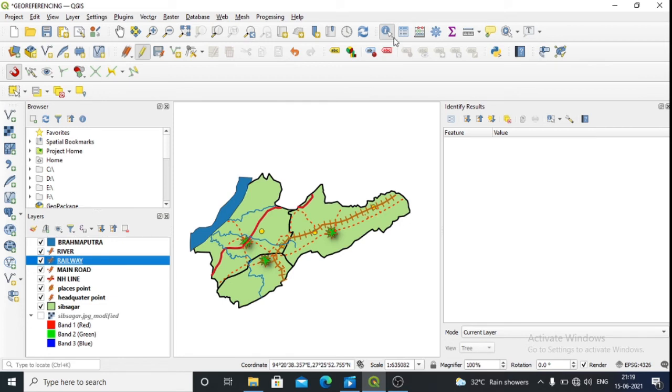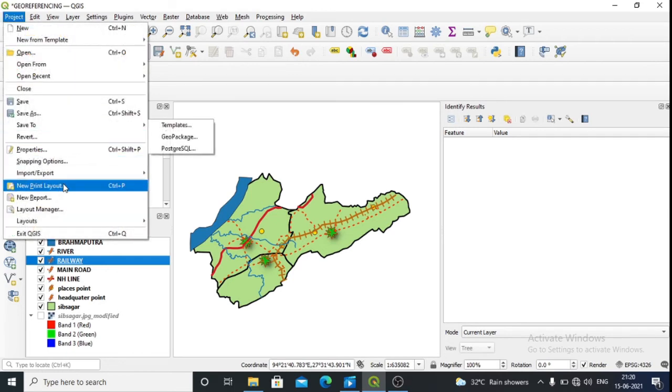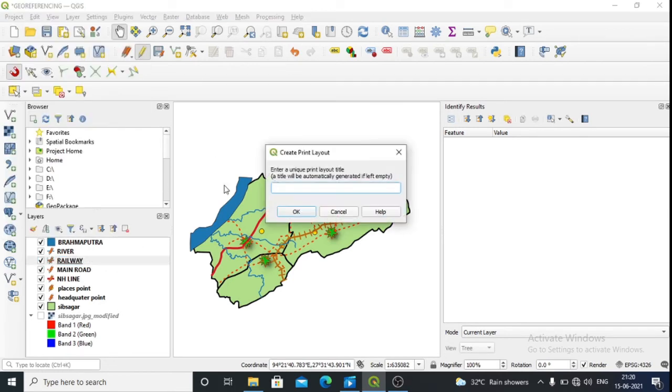For the preparation of the layout, what you will do is go to project. This has already been taught in a previous class. Give a name to the file, suppose Sibsagar, then okay.